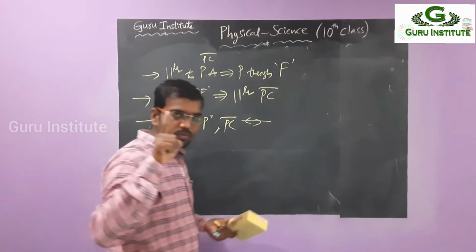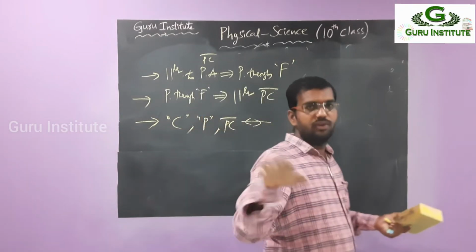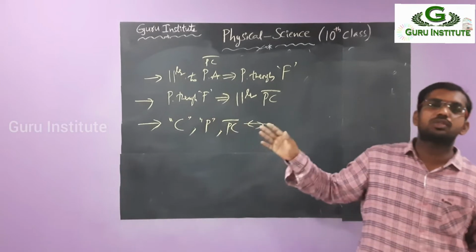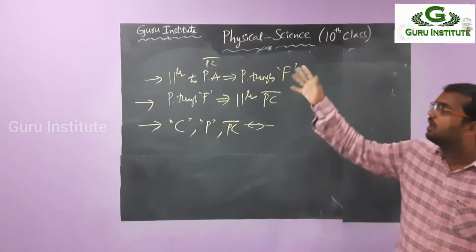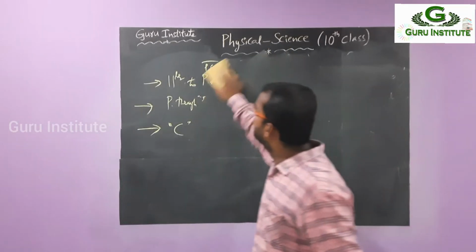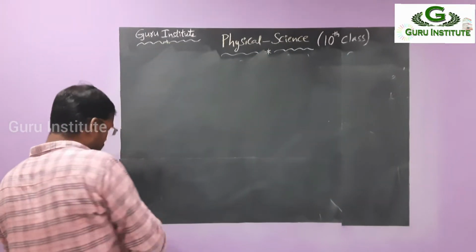Parallel to the principal axis passing through the focus, and vice versa, passing through the focus and going parallel to the principal axis. And the last one, passing through the normal or through the principal axis, all go in the same path. It will be returned back since the angles of incidence and reflection are 0. So this is in a concave mirror.